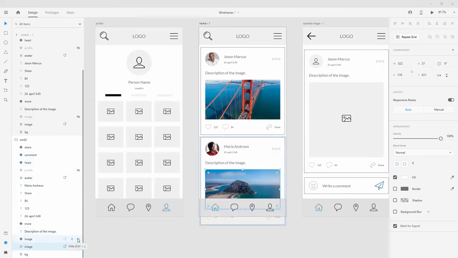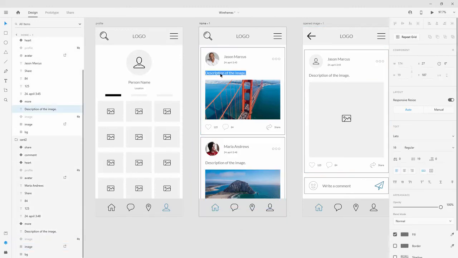Or if you want premium images, you can go to Envato Elements, for example, and include images from there. So description of the image: bridge in San Francisco I saw from helicopter, like so. And then for this other one, for example, rock formation near San Francisco, because it's the same collection